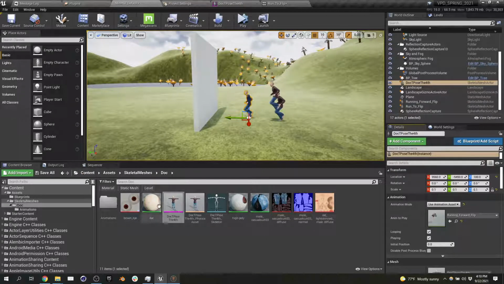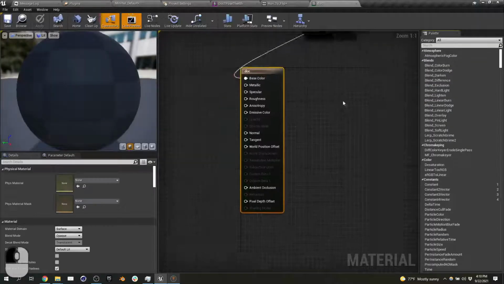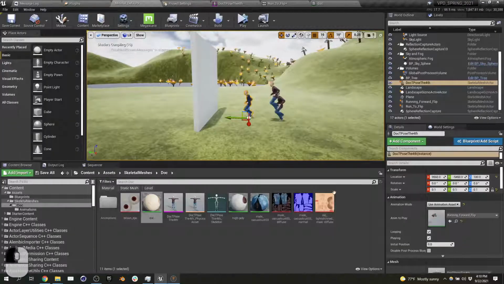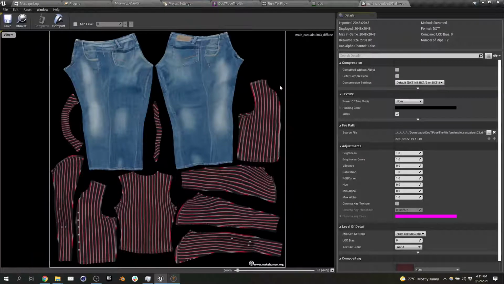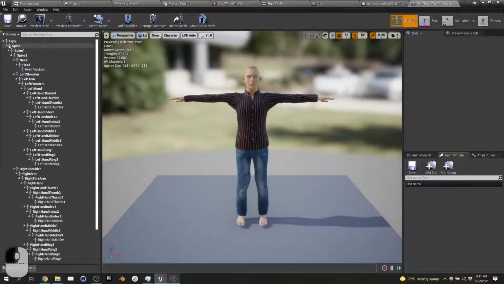So we have not only the skeletal mesh, which is underscored here in pink. We see materials are in green. Right, we can open up our materials and see that these are just textures that are applied to the color, and those textures are here and underscored in red. Right, these are mapped to the geometry. And then what else do we have here? We have the animations. That's good. And then you have the skeleton itself, which